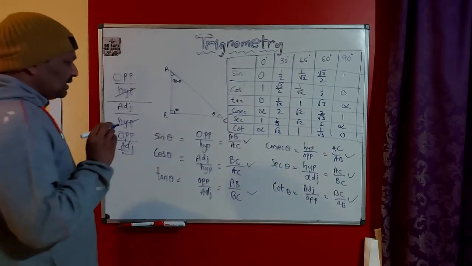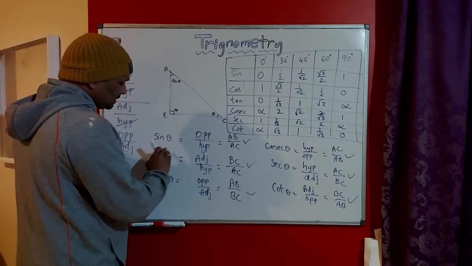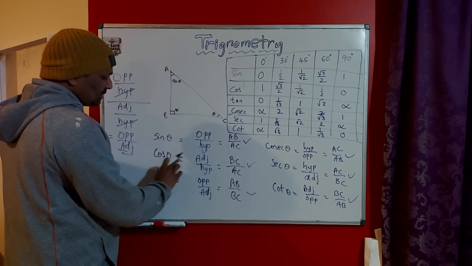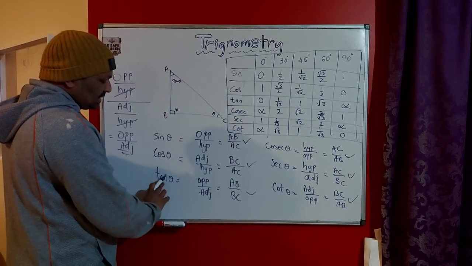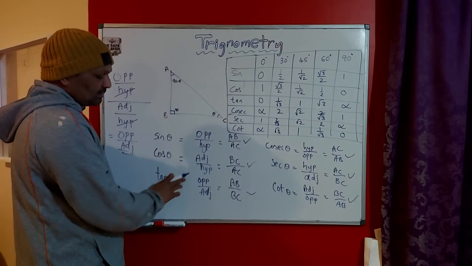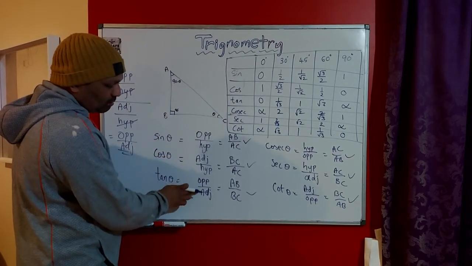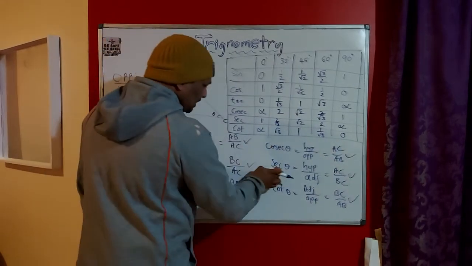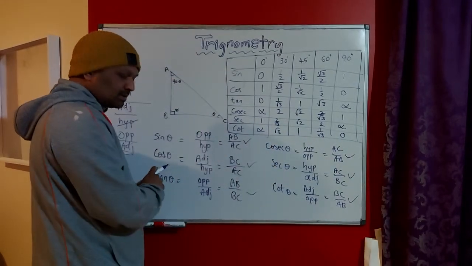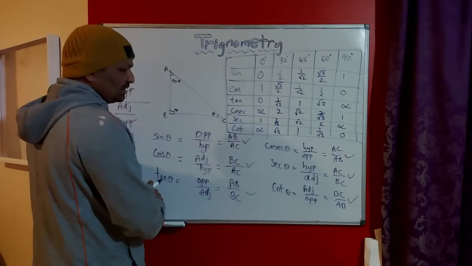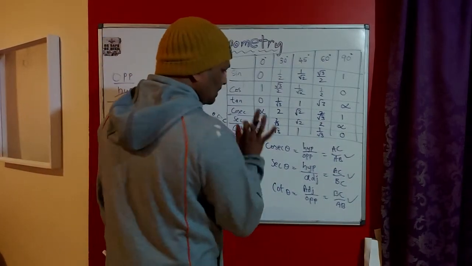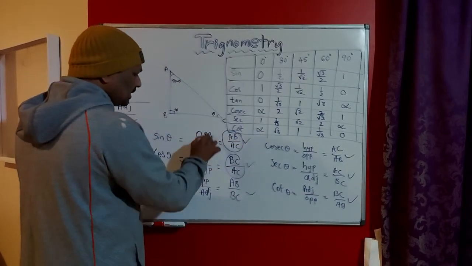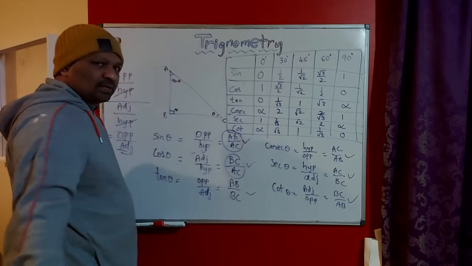When you are learning trigonometry, it's important to learn this ratio and this ratio. The other ratios you can easily derive. Sine is op by hyp, cos is adj by hyp. Tan theta is equal to sine theta by cos theta. That means this ratio by this ratio, you will get op by adj. Similarly, cosecant is the reciprocal of sine, secant theta is the reciprocal of cos theta, cot theta is the reciprocal of tan theta. Thereby we have 6 ratios. It's important to learn this one and this one. The other ratios you can easily derive.